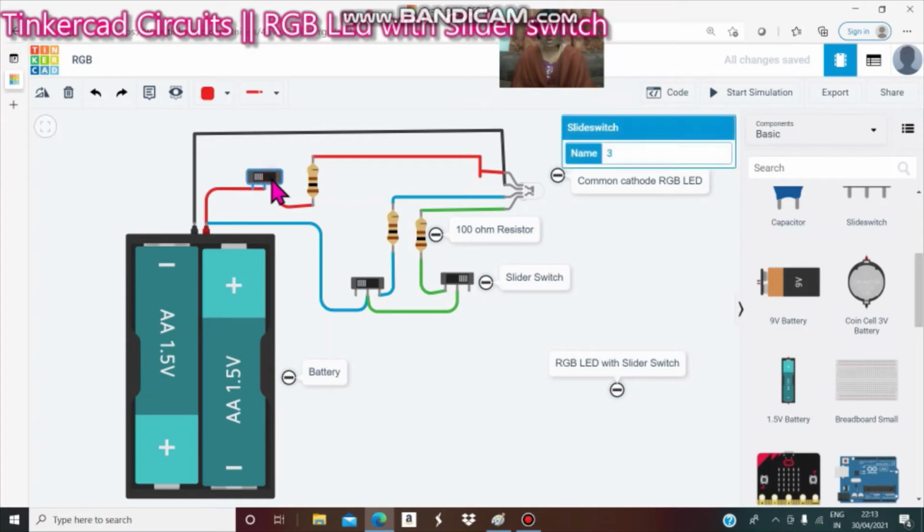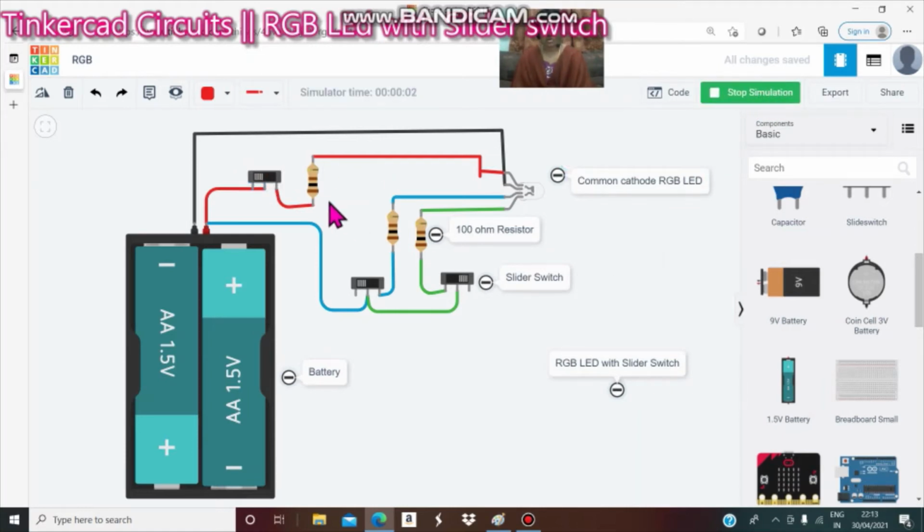When you switch on, you can see the red LED blinking.